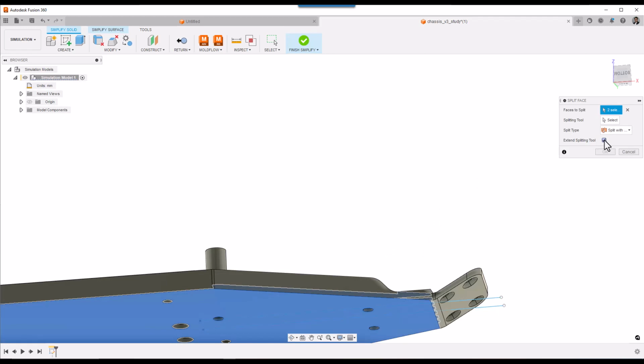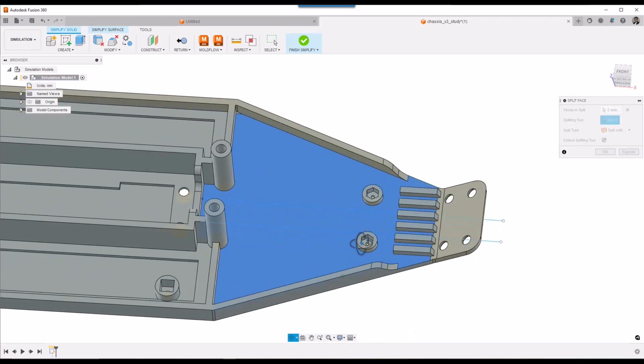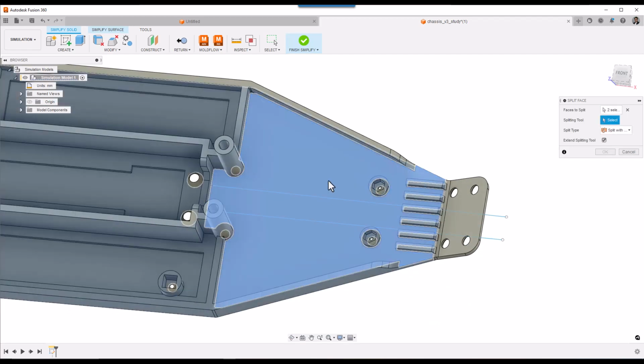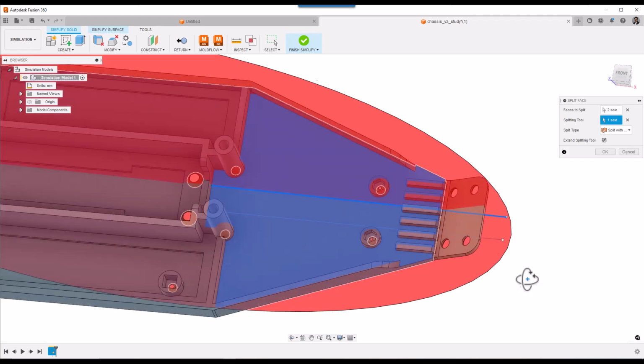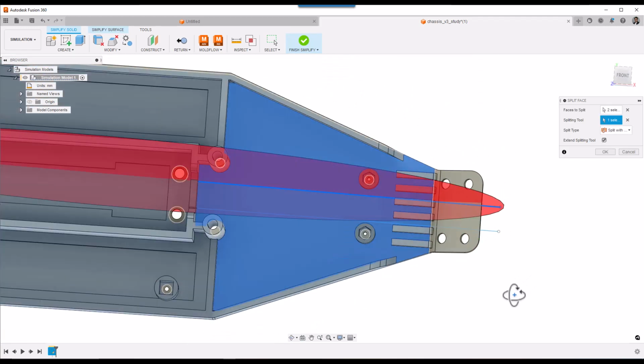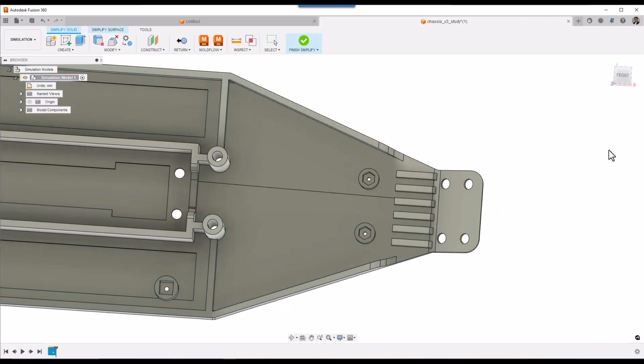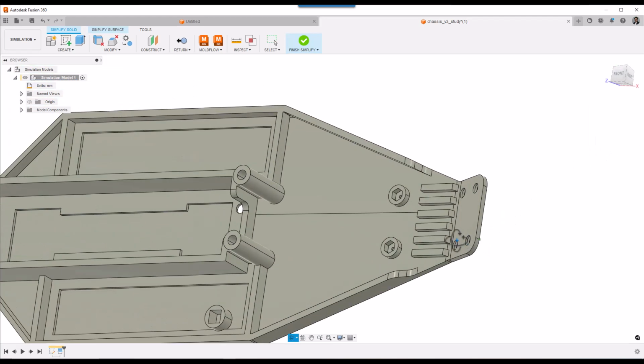Keep the splitting tool extension on. This will avoid any errors. So I'm going to select this one, and you can see that now I've got a splitting tool activated, and it's just going to trim my surface. Hit OK, and you can see that it has been trimmed up